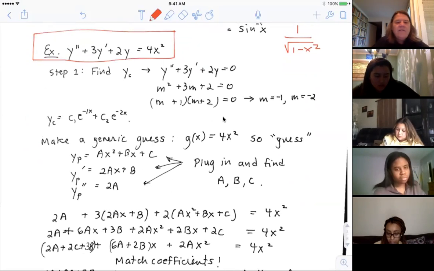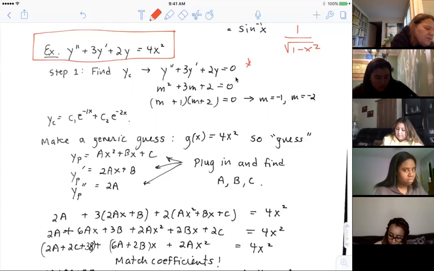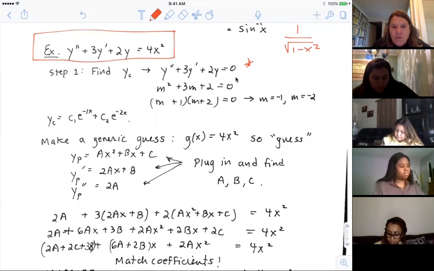what I look at, clearly it's non-homogeneous with the g of x equal to 4x squared. The associated homogeneous is this one right here. The very first thing we're going to do with these problems is solve the associated homogeneous. Because as you'll see in a little bit, the solution of the homogeneous equation affects the particular, or at least our guess for the particular, and we'll look at why that happens in a minute. But so we'll get some more practice doing this.